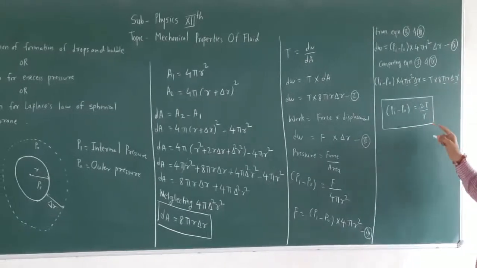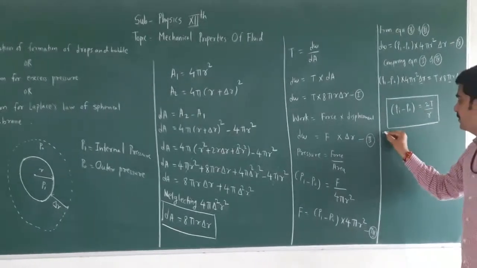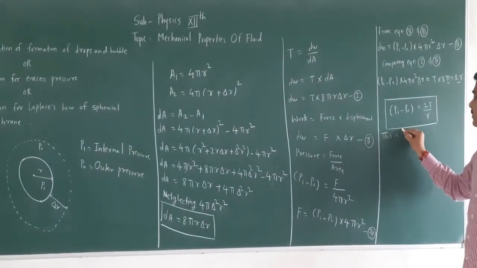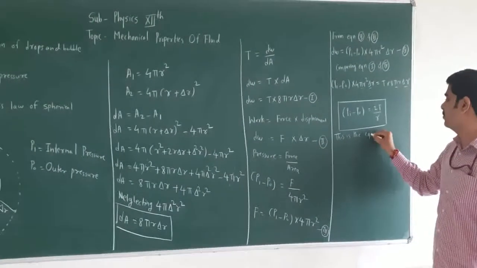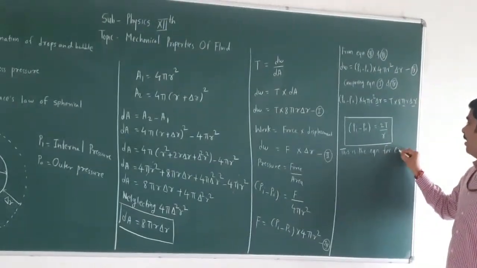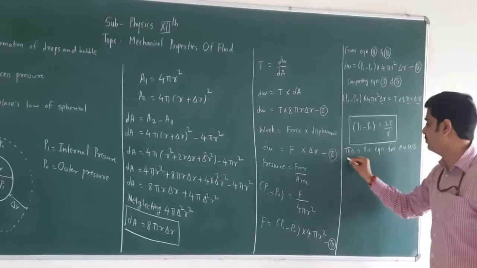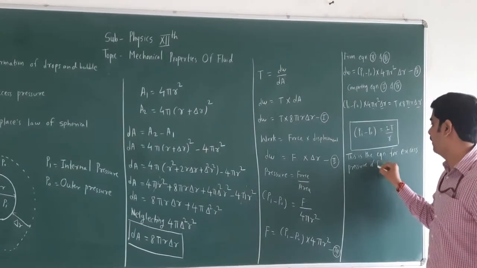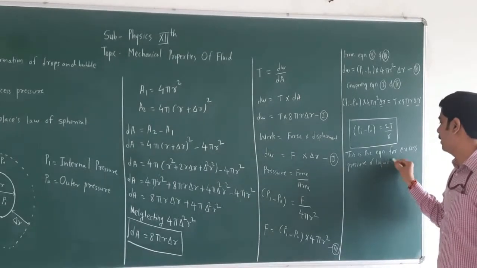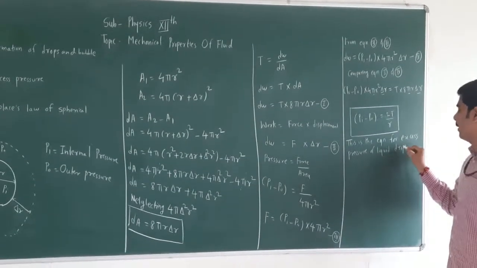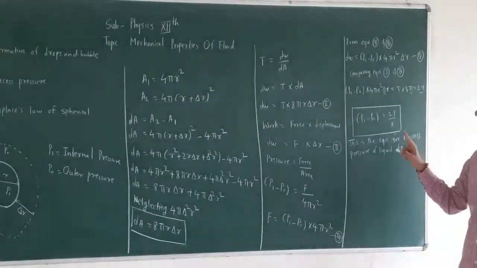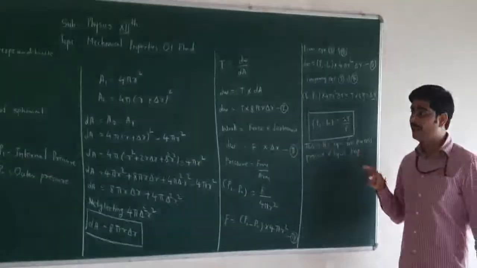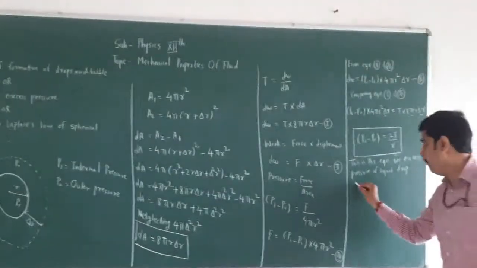So what is the formula for excess pressure? This is the equation for excess pressure of a liquid drop. What is the formula? Pi minus P naught is equal to 2T by r. For a bubble,